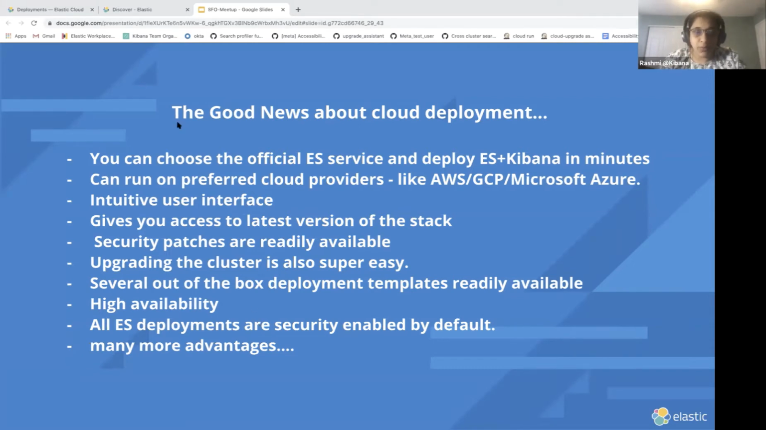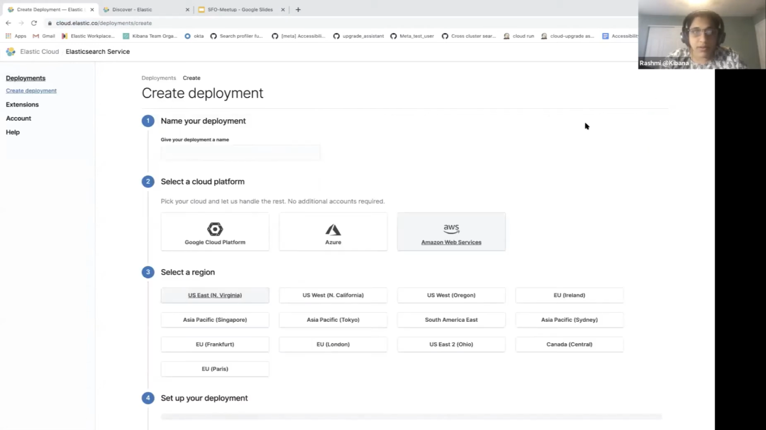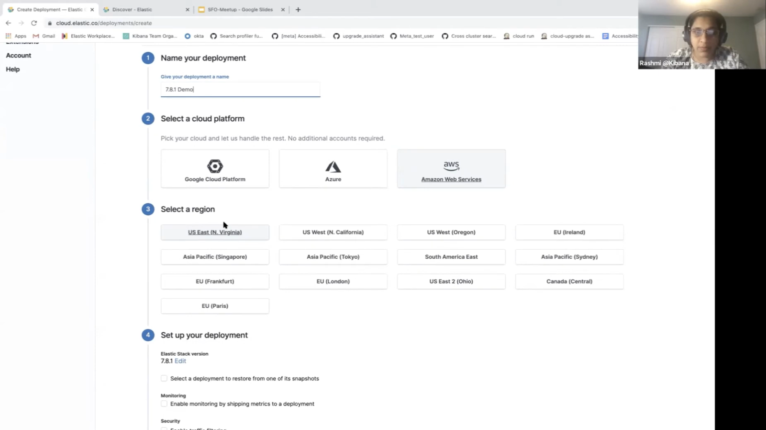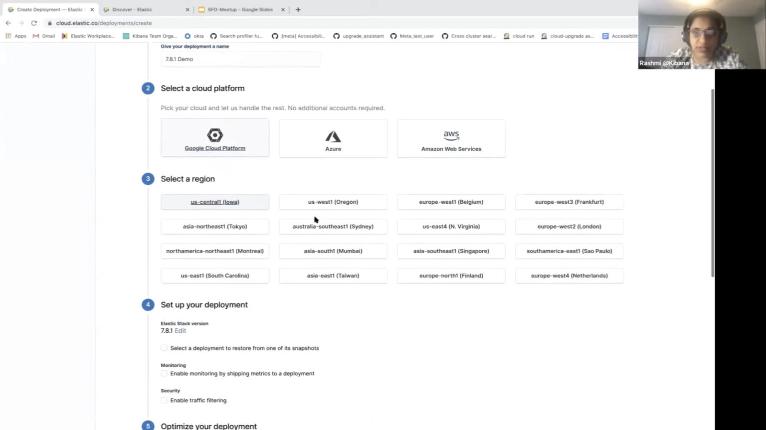So let me take you right by creating this cloud. What you can see is I have logged in to cloud.elastic.co, and then I'm going into deployments. So let me create a deployment here. As I said, you can give a name to your deployment and select any of the cloud platforms which is available. I am in California, so just for the ease of this, I'm just going to use GCP,